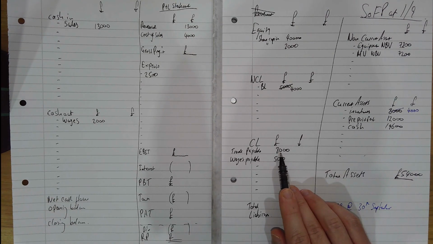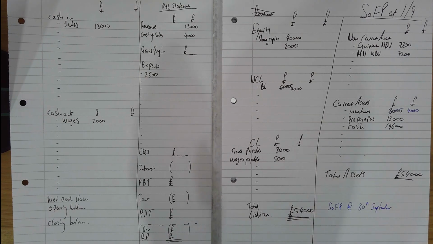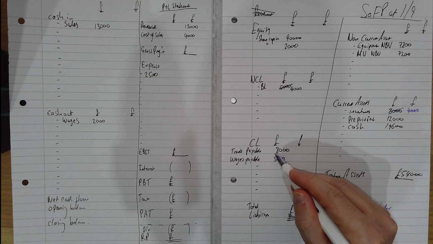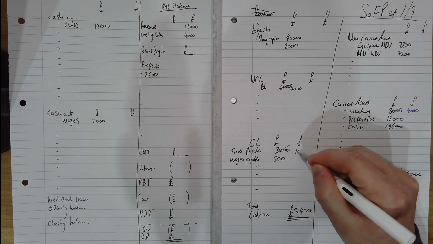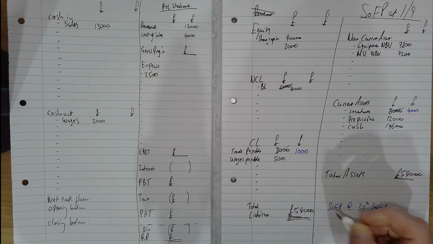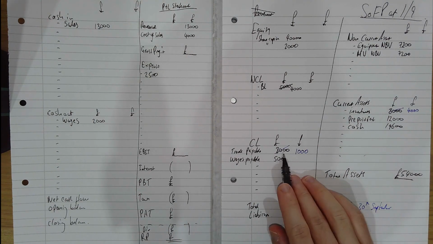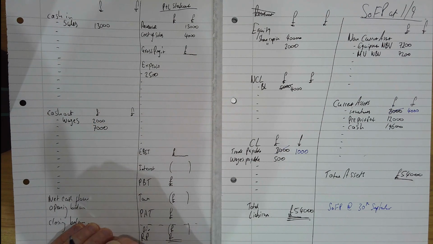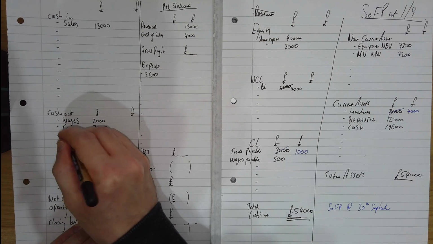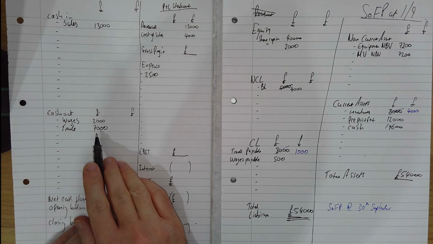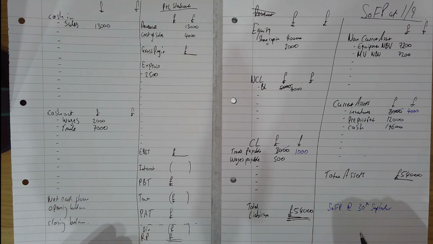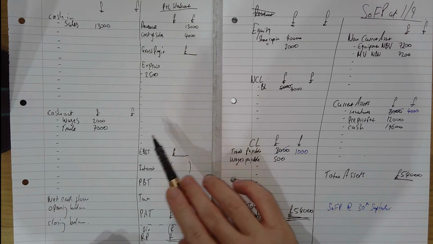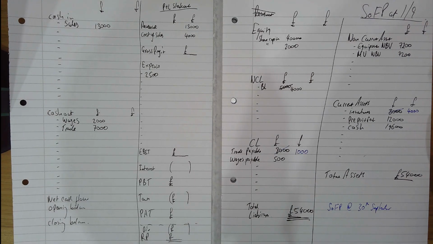Okay, also paid trade suppliers £7,000. Well, she owed 8,000. If she paid 7,000, that means it's gone down, doesn't it? So it's not 8,000 anymore. It's now 1,000 because she paid them 7,000. And it also means that if she paid them £7,000, I'm assuming that's in cash, £7,000 for trade payables. And that does not go on the income statement. Trade payables does not go on the income statement. These are just operating expenses. Okay, so